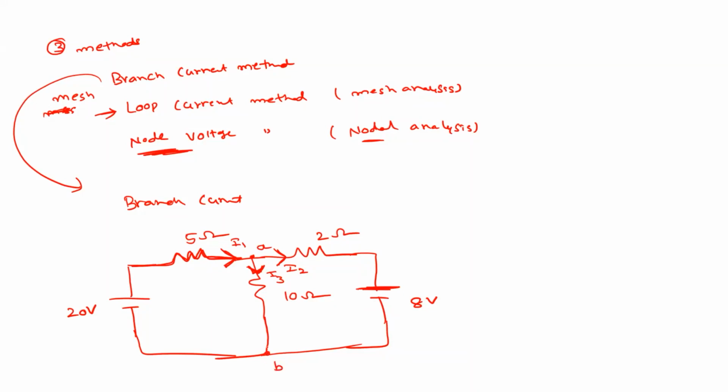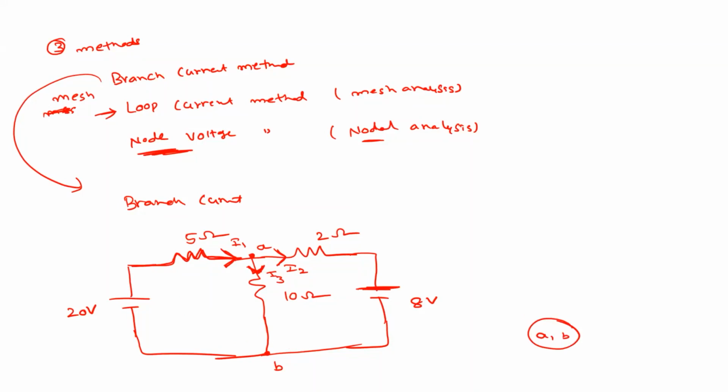So why are we not considering this as another node B? Because if we assume this is the current, the same current is flowing here too. So no need to take it. That's why it is known as the principal node. In this A and B, this A is known as the principal node, that means the main node.